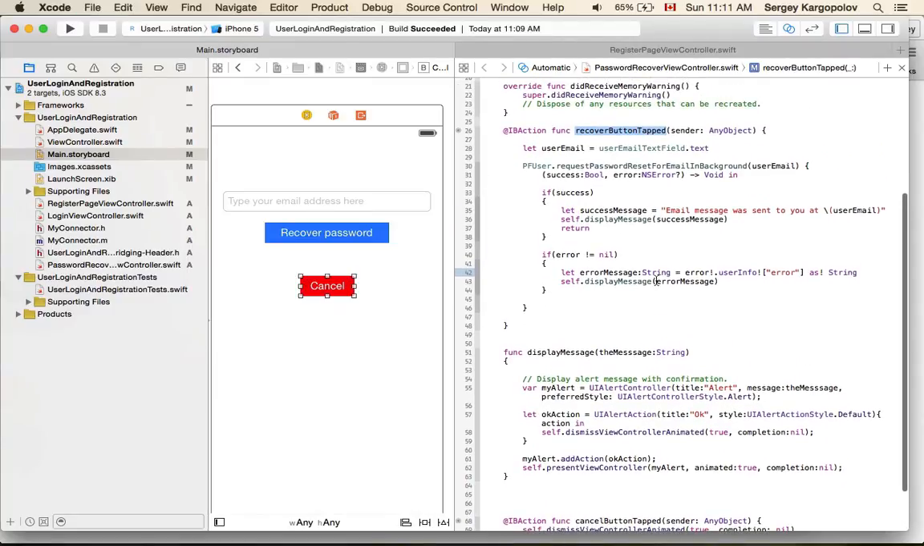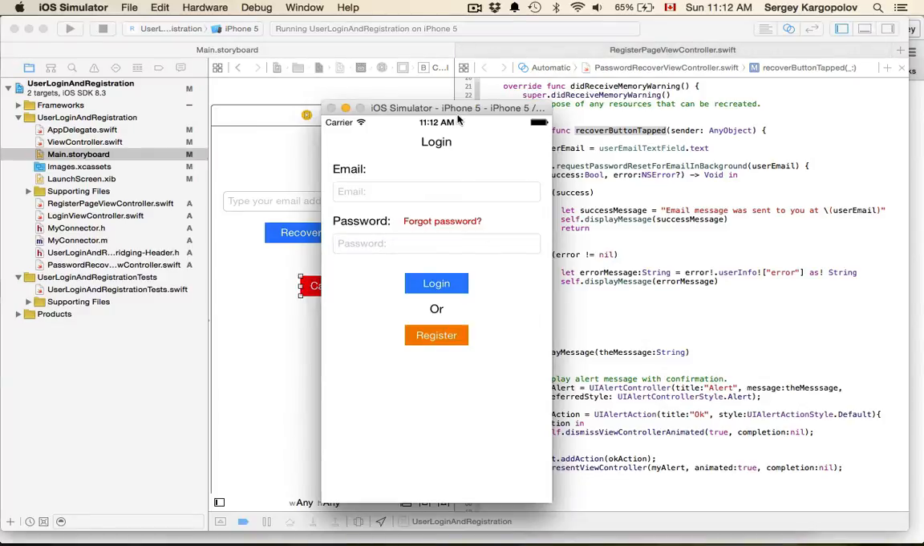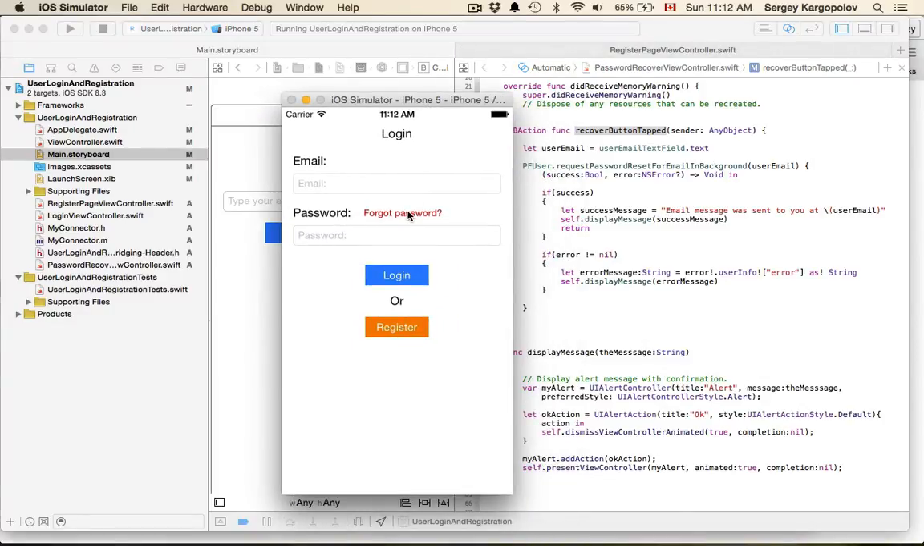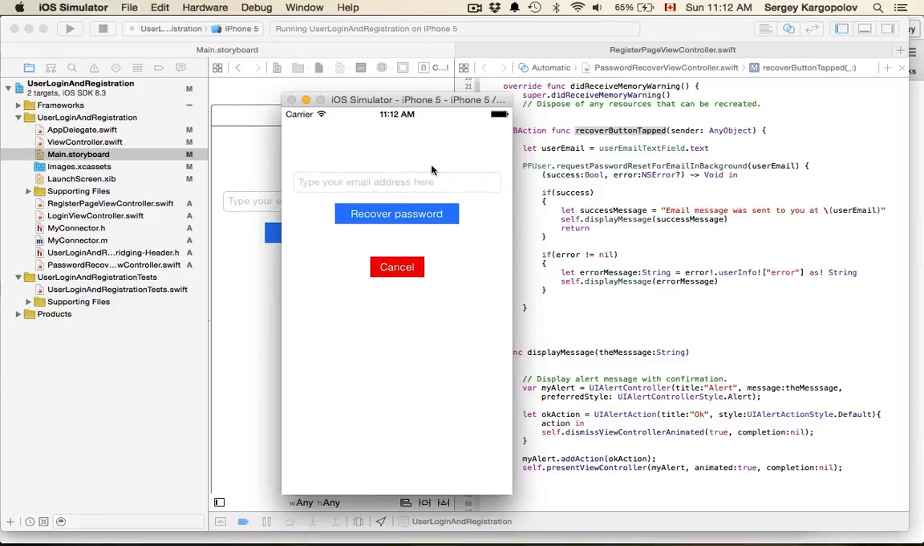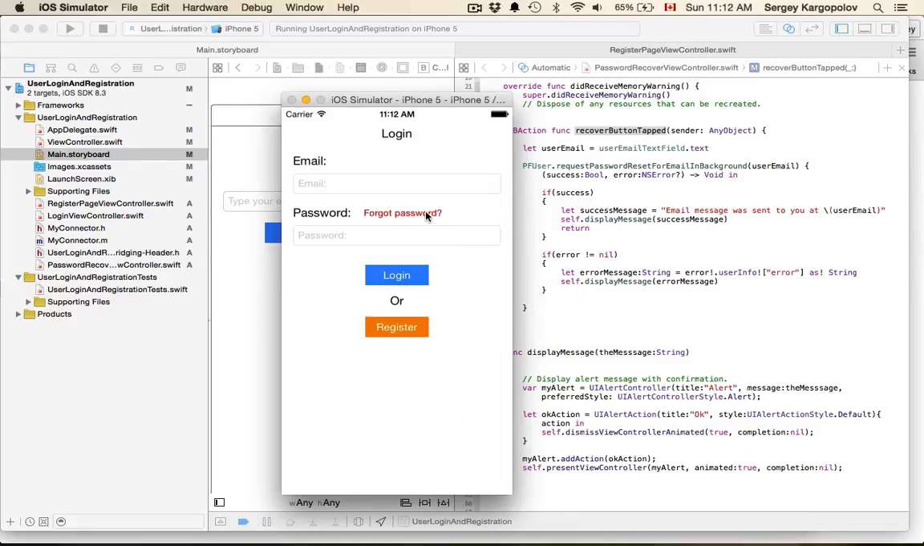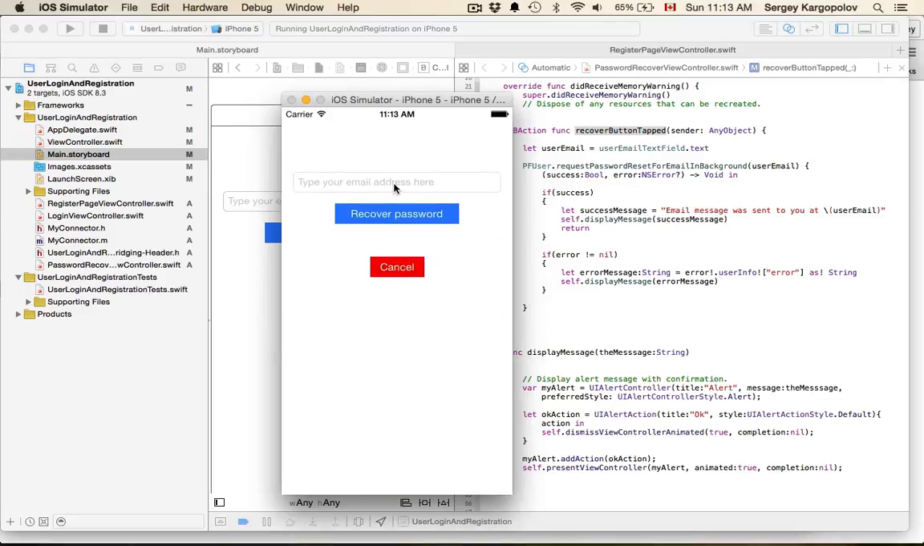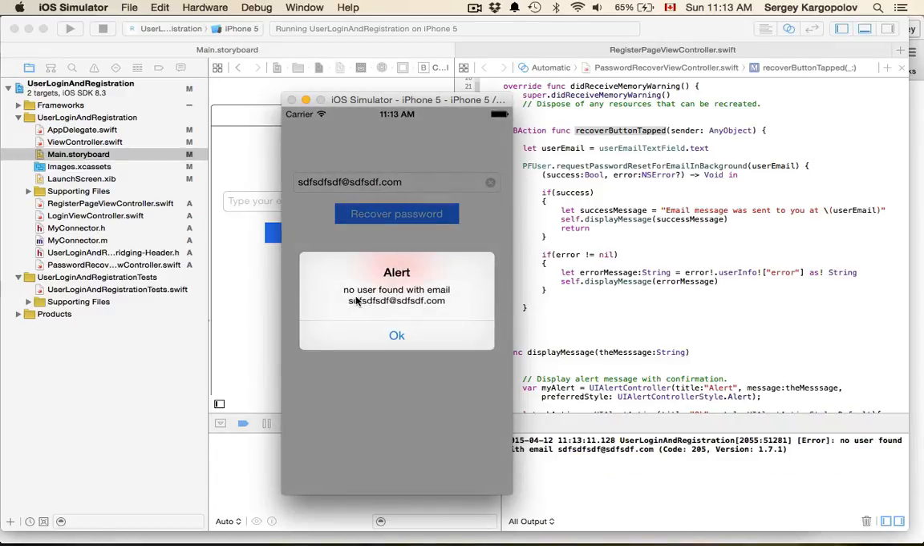Okay, so I think we are ready to run this example and see how good it works. Okay, my app is up, and I tap on forgot password. I'm presented with view controller. I tap on cancel button, and it is dismissed right away. And I can try typing any email address that does not exist. Tap on recover password, and I get an alert message which says no user found with email address, like this. Okay,